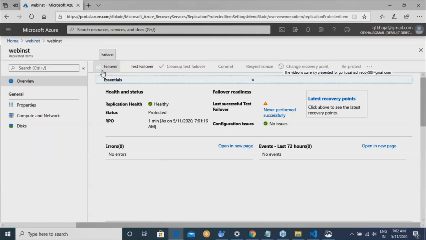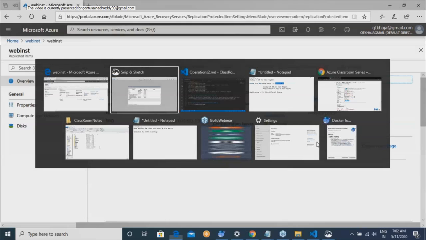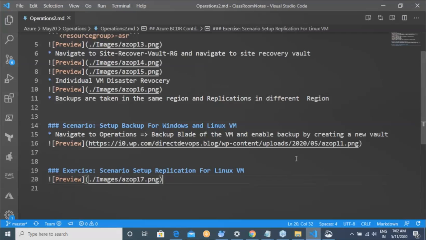But in the case of backup, it doesn't work that way. From the backup, you have to restore and create a new VM in the same region. There will be a lot of work. I think we have discussed this in the cloud essentials module, and you should go through those videos, which are already shared with you. But the whole idea is replication is for quick recovery. With backup, we have a backup, and using that backup we have to create one more virtual machine, which is a lot of work. But replication is all about failing over.